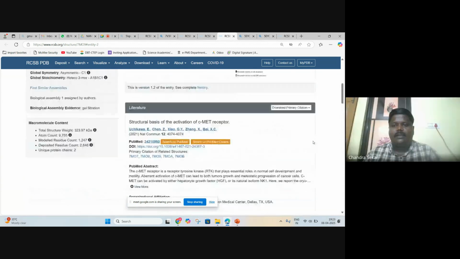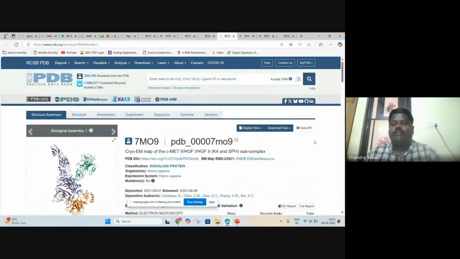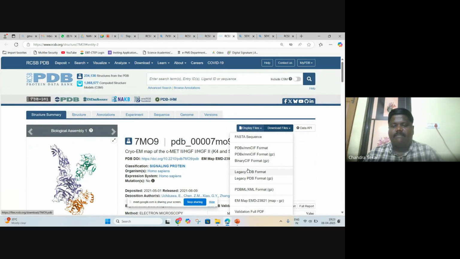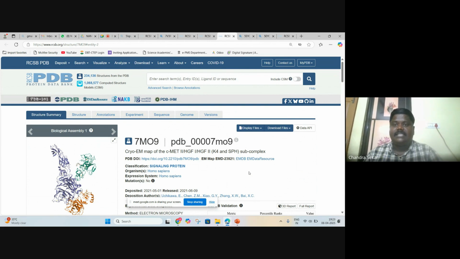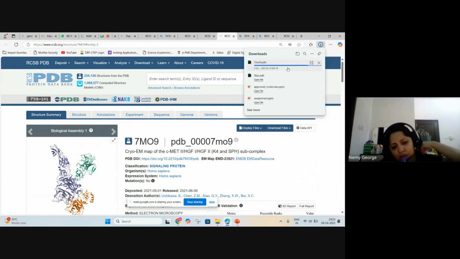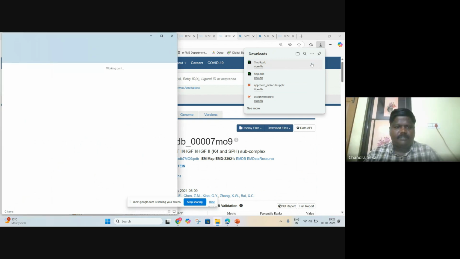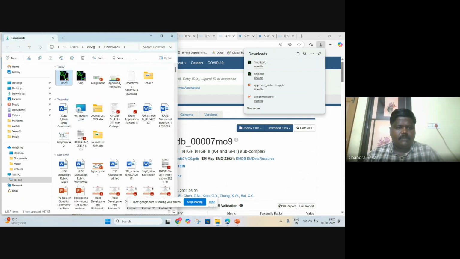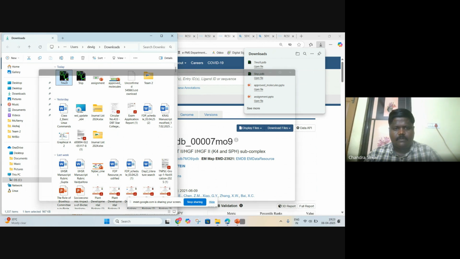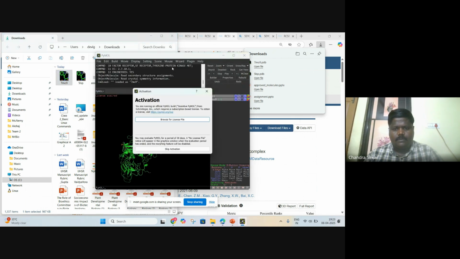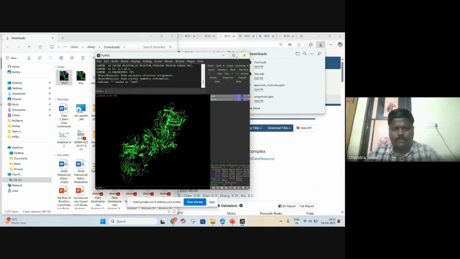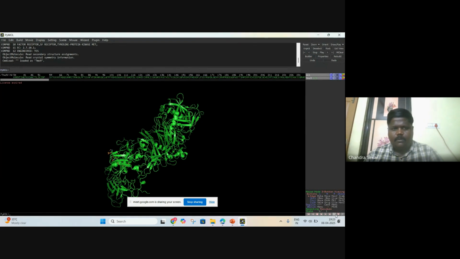Actually, crystallography is the classical method. While people were doing it, a lot of drawbacks were there. EM is a recent method, so we will prefer this. Yes, some missing residues are there.